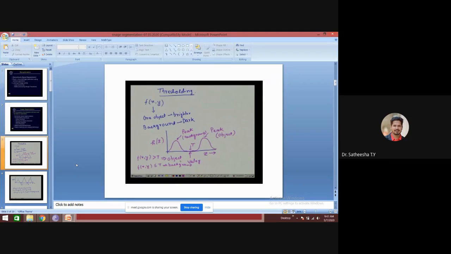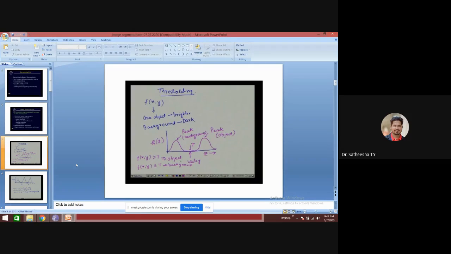Now let us first start our discussion with the thresholding technique. So first we will discuss the threshold technique for segmentation. Thresholding is one of the simplest approaches of segmentation. Suppose we have an image, and as we said earlier, an image is represented by a two-dimensional function f of x comma y, and let us assume that this image contains a dark object against a light background.